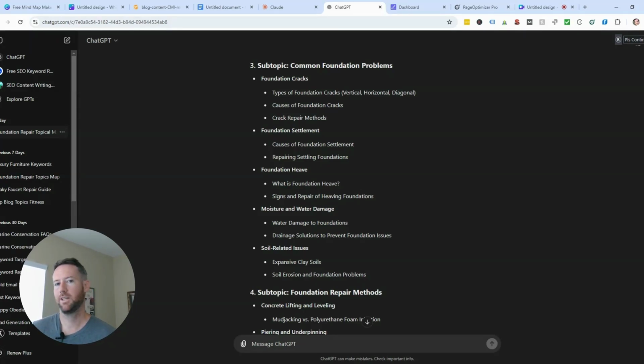And really from an internal linking standpoint, the goal with this whole process, especially for a service-based business like this, is to not only link between the blog topics themselves, but then to link up to those main service pages. For example, we have this topic on foundation cracks, foundation settlement. We have a topic on moisture and water damage. Those should all be linking to the corresponding service page, as well as linking to one another in a way